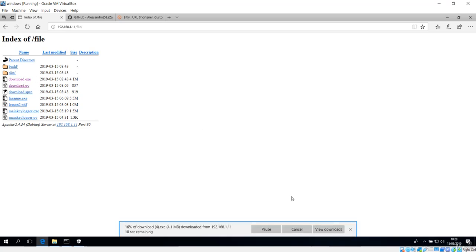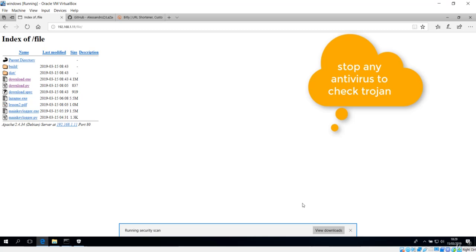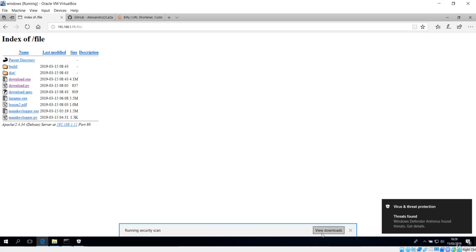Let's see if the antivirus will capture this file again or not. Let me download everything. It gives some time, and it is running a security scan. Let's see if this can be captured by the virus protection. Okay, it is also capturing.